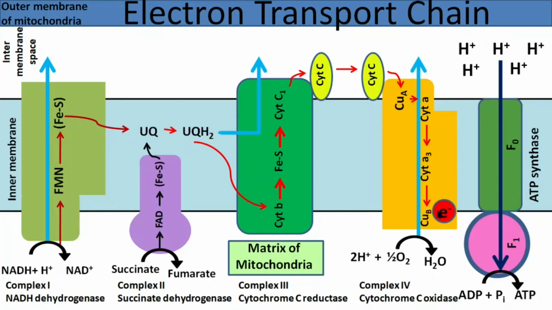As you know already, the molecular oxygen that enters into mitochondria lies between cytochrome A3 and copper B. As the space is not enough, I have written it here, but originally the oxygen will be here. Now this electron is accepted by oxygen, which lies between these two. After accepting the electrons, it also takes away protons from the matrix, undergoes reduction and forms a water molecule. This is how metabolic water is formed from oxygen.